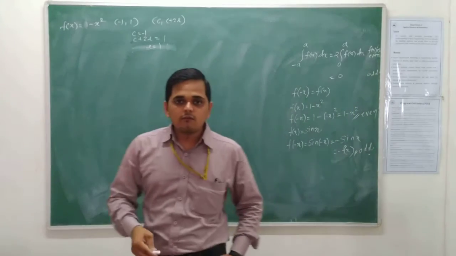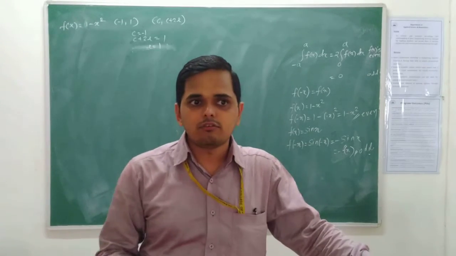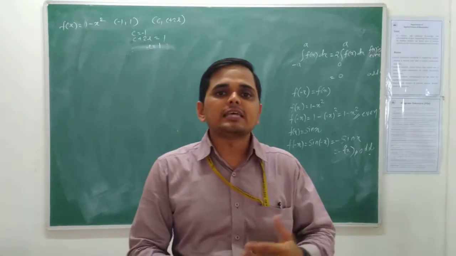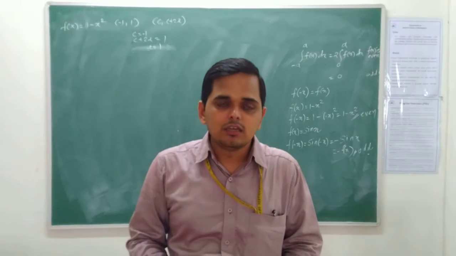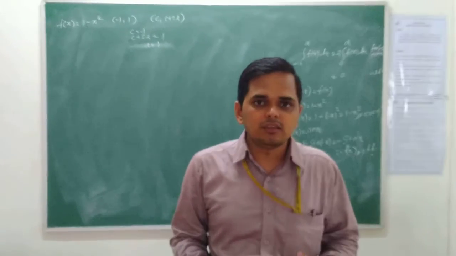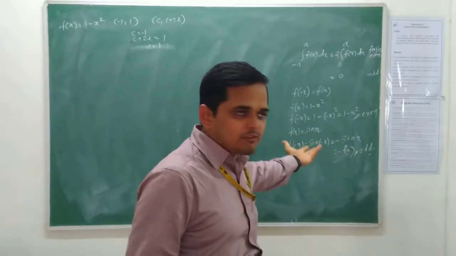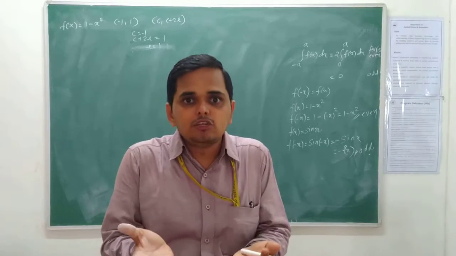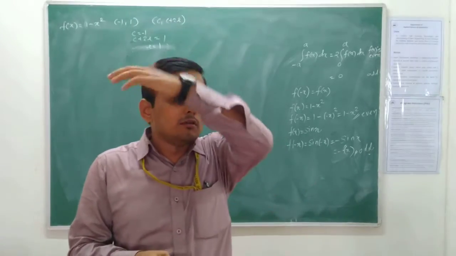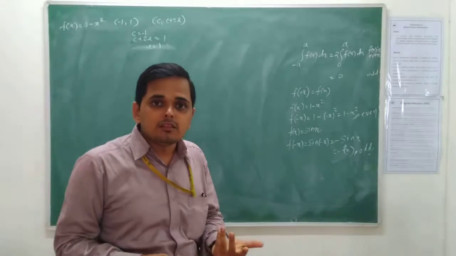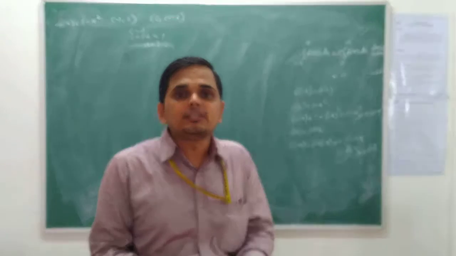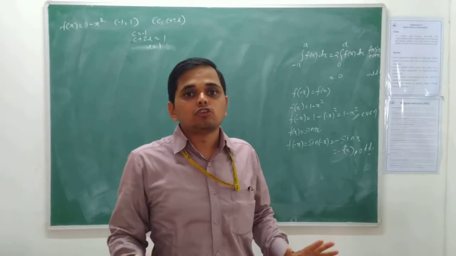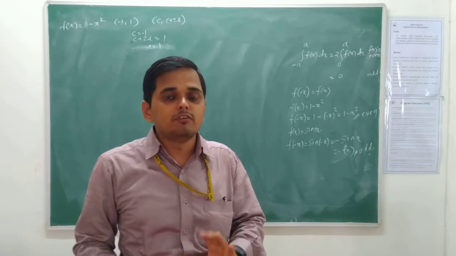Second, when we integrate for getting the Fourier coefficients, particularly for an and bn, we are taking a product of f of x and sine, and f of x and cos, is it? So cos is an even function, sine is an odd function. That sine is odd, we have already seen. Cos is an even function. If f of x is even, then f of x into cos, this product becomes an even function. Whereas f of x into sine: f of x is even, sine is odd, so even into odd becomes an odd function. So of course bn will be 0 in case of an even function.